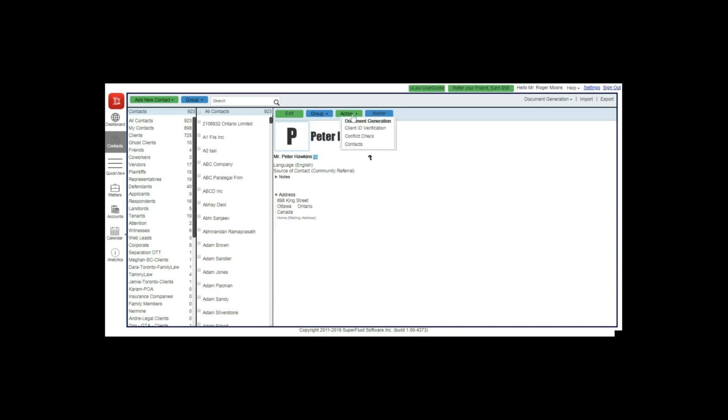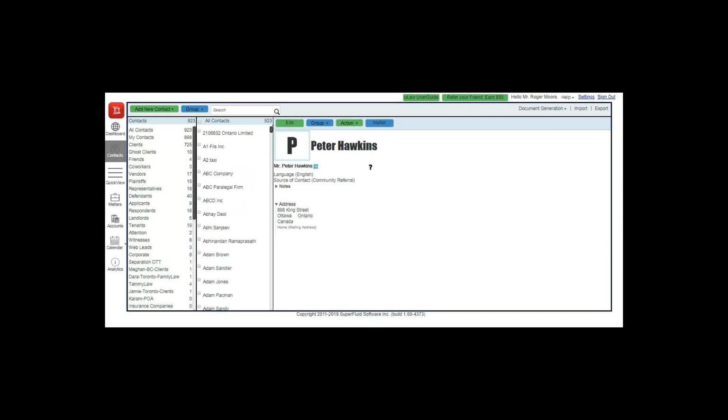So going back to the question, and maybe that's a logical next step. Right away, you could do a conflict check, right? So action, conflict check. You can check if you've got matters, if you've ever come across a Peter in other dockets, or you could do a simple check just for the name, right? When you're just getting started and you pretty much know there are no clients, many times it's just the name. But if you're an established firm that's been in business for several years, then it makes more sense for you to also include matters and events, because you may have met with Peter Hawkins